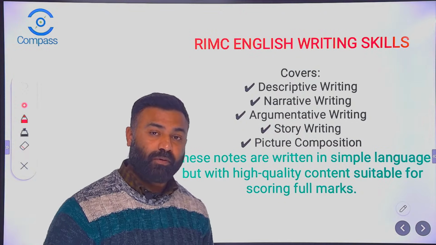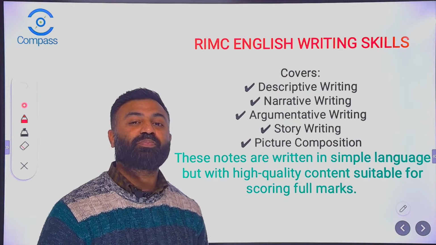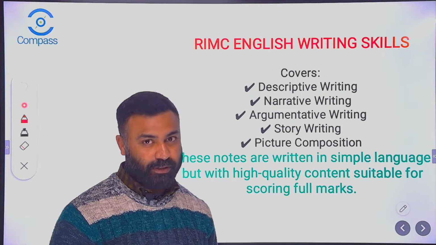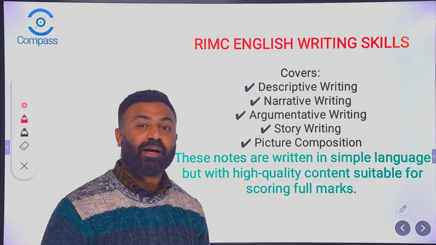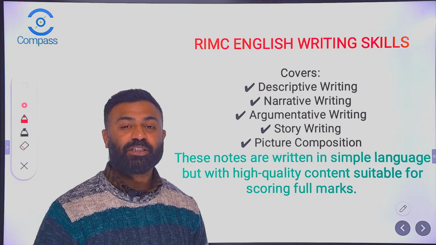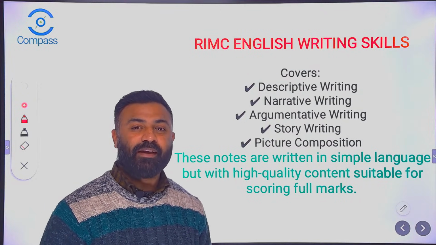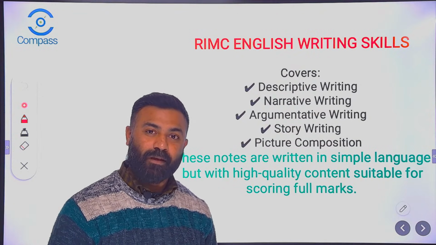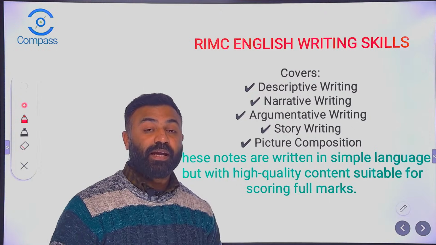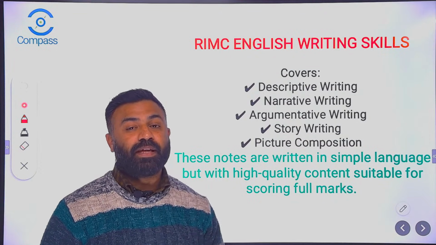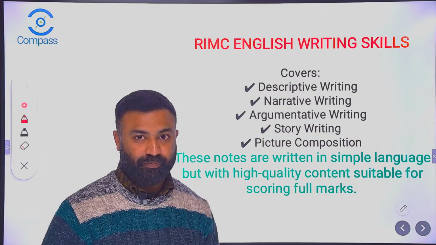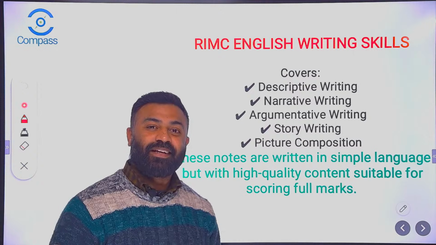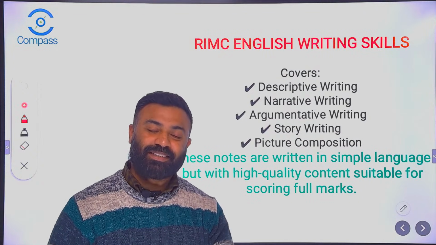Argumentative. What is that? You get to prove your point correct. Either you are going to speak for the motion or you are going to speak against the motion. What is for the motion? When you are speaking everything in favor of the topic that has been given. What is against the motion? When you are speaking against the topic, the idea which is being presented to you. All right? Story writing. Okay, what's story writing? The story writing will have a plot.